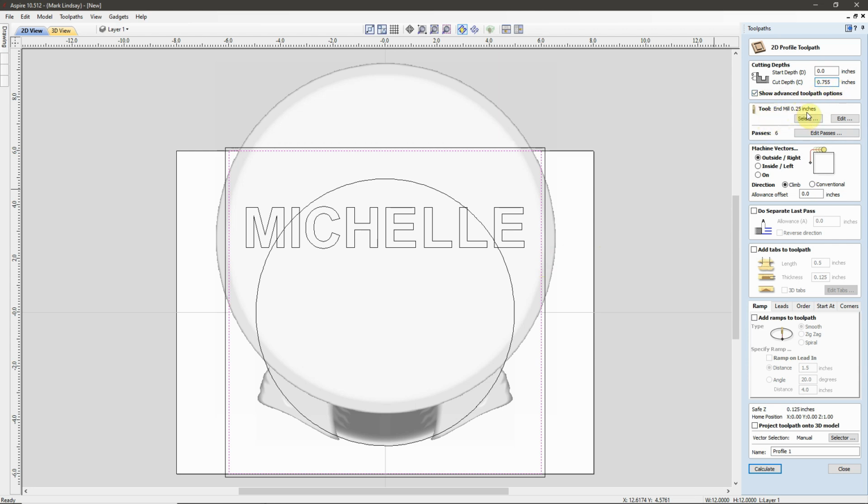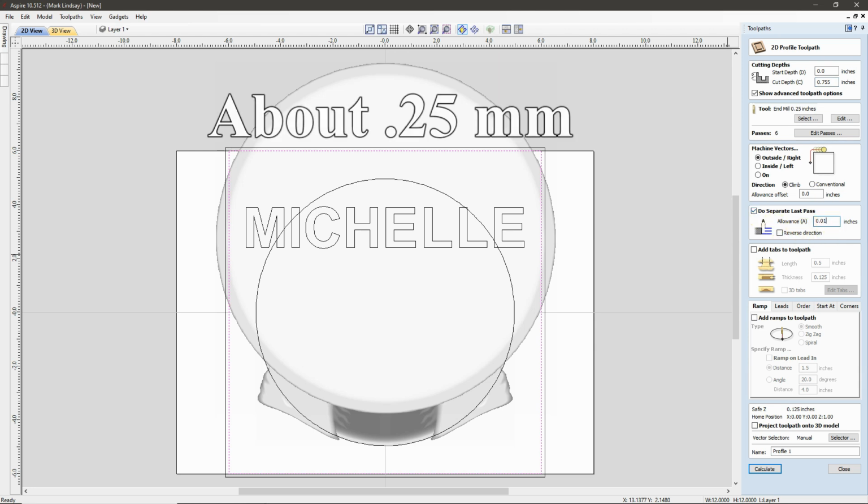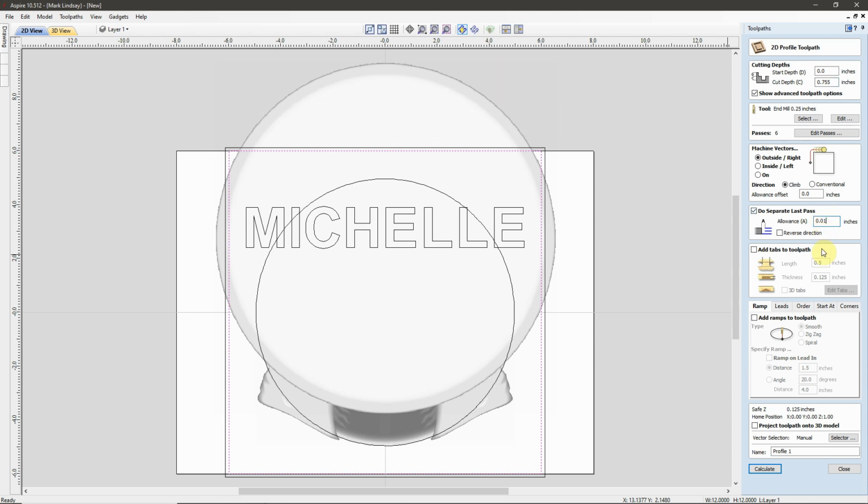I'm going to use a 1/4 inch end mill. I'm going to machine to the outside of this vector. If I were actually going to cut this plaque, I would do a separate last pass with an allowance of 0.01. I would add tabs. I'm not going to for this demonstration. I would ramp in my plunge moves. I'm not going to for this demonstration, but I do want to make sure I have sharp external corners checked here. We'll call this cut out,